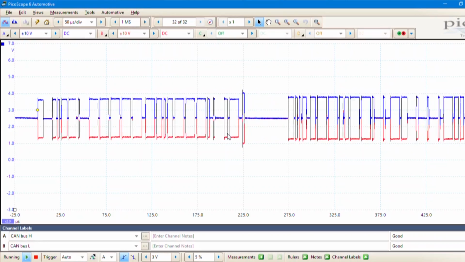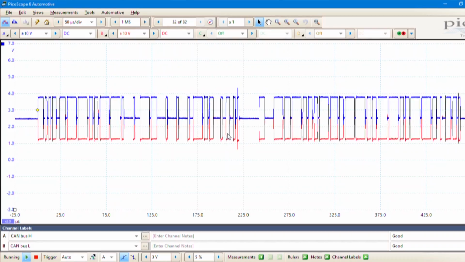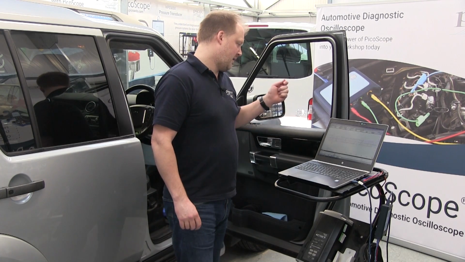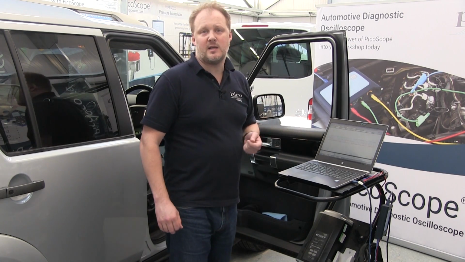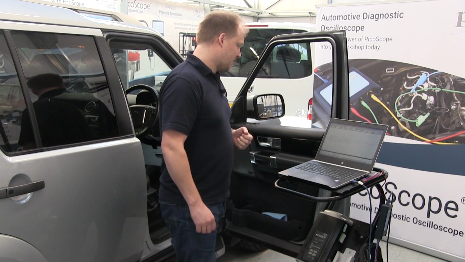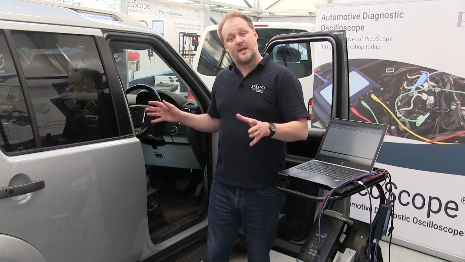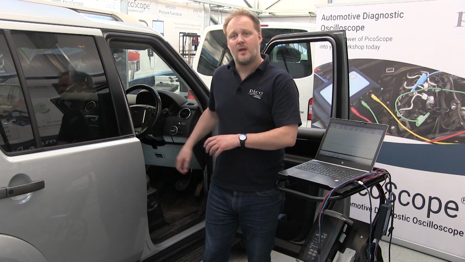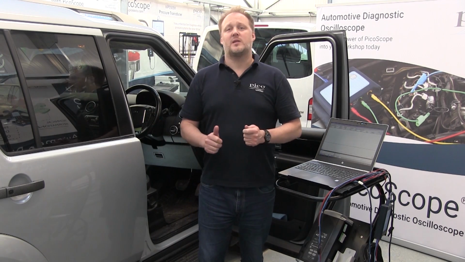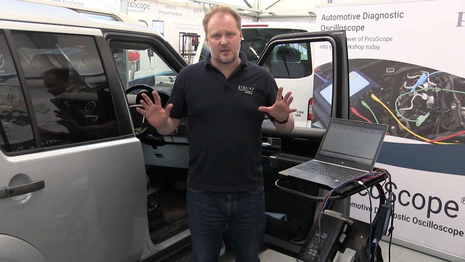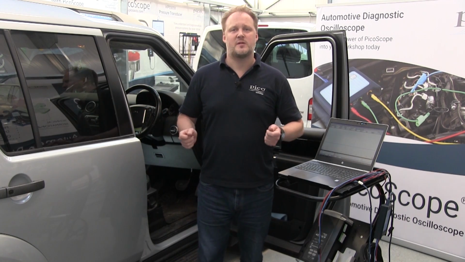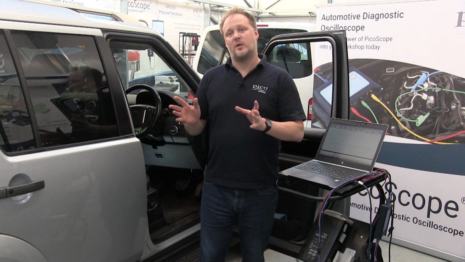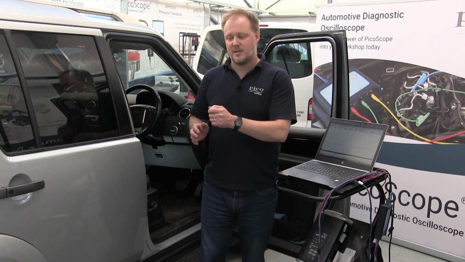And straight away, again, we can see just as before, we've got our high and low signals, as if we were connecting at the pins like we did before. Lovely. Okay, so now we know two different ways that we can connect at the diagnostic link connector. And in the next part of our presentation, where we're going to start looking at actual testing for CAN bus faults, you'll see a method using backpinning of how we can connect to a high-speed CAN bus at an ABS